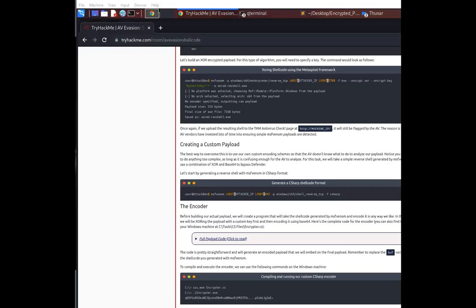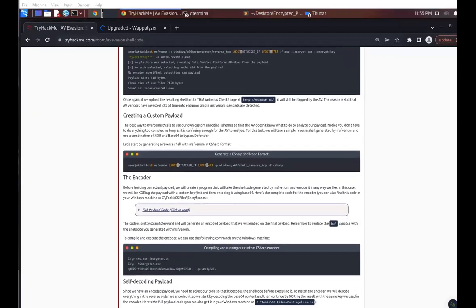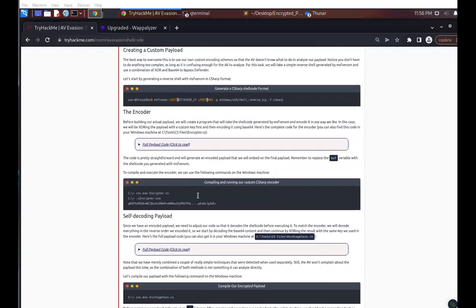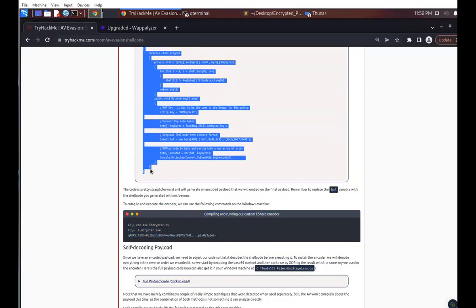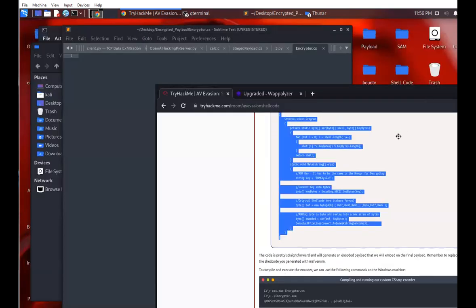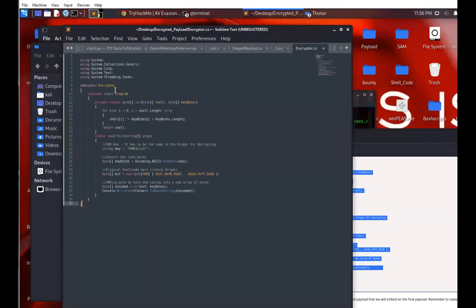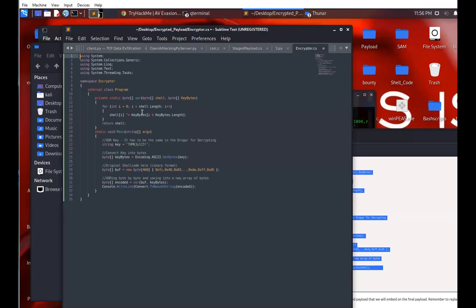Let me make the screen a little smaller, just kind of focus it on the area you need to see here. So this is the encoder, right? Is this the encryptor? Yeah, this is Encryptor.cs. So I'm gonna grab this code here, copy that, come over here, throw it in here, and let me move that up a little bit. There we go. And you can see we have this buf equals new byte, and then we have some value here. So what we're gonna have to do is replace that with the following,